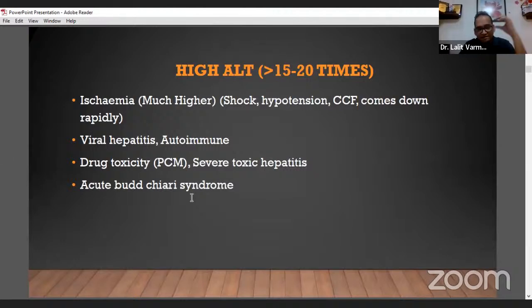So whenever a cardiac surgery is done, they'll often call me, and of course we see enzymes in the thousands, but then we tell them it's post-surgical, it's going to settle down, just give it some time. The second common condition is viral hepatitis, where the numbers are really worrisome, sometimes 5,000 also. 10,000, I think I saw it in Virar only, 10,000.